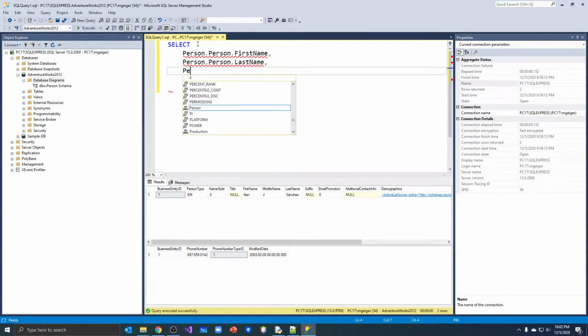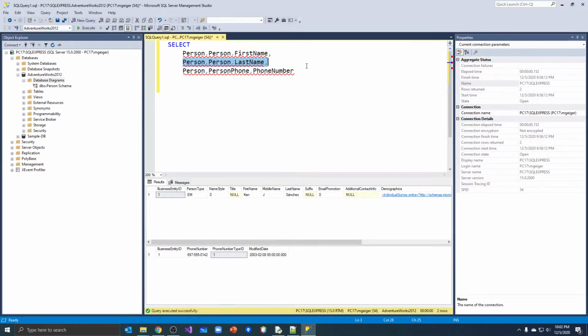We also want person phone dot phone number right here. Those are the three columns that I want to get. Two of them are out of the person.person table. One of them is out of the person.phone table. Okay. So we need to put that in our from clause. We're going to get them from